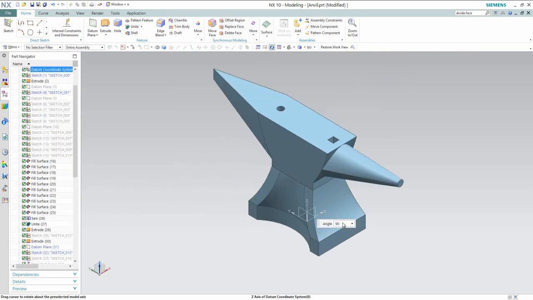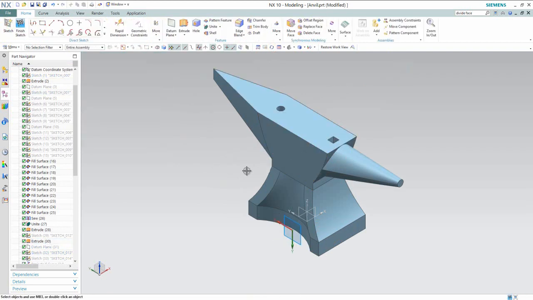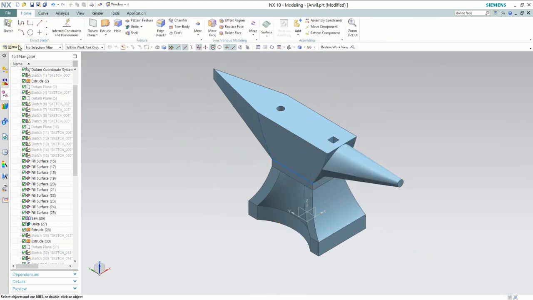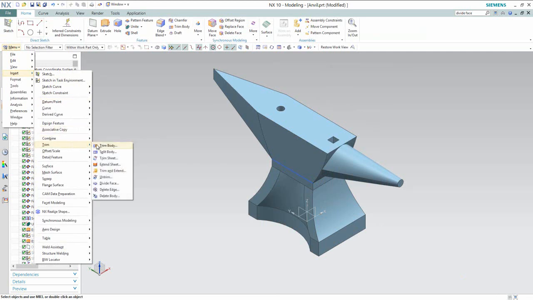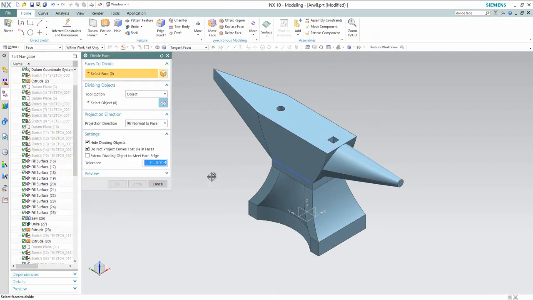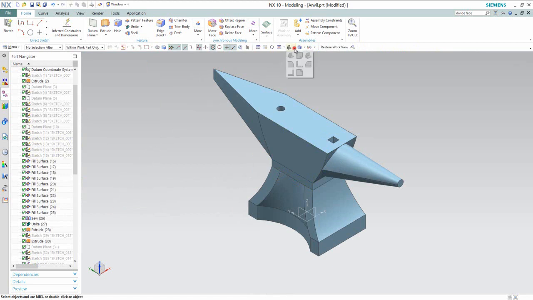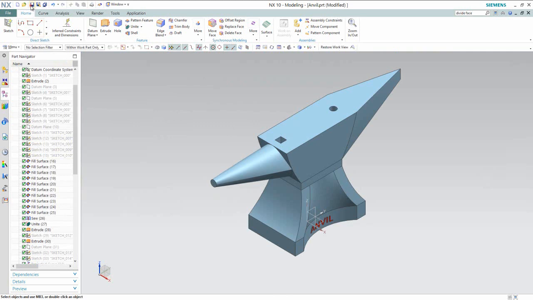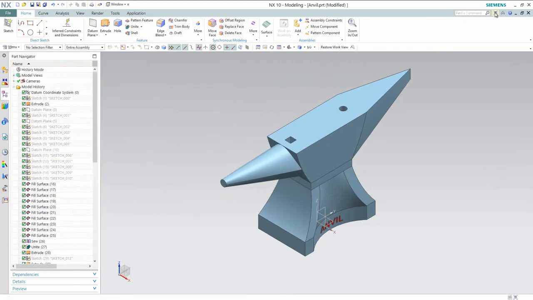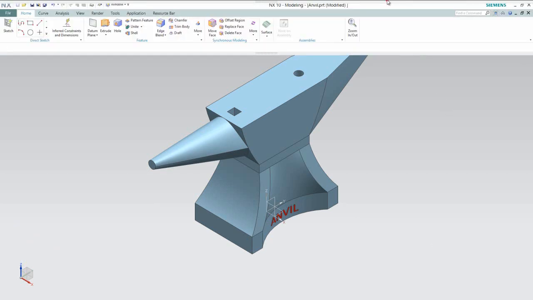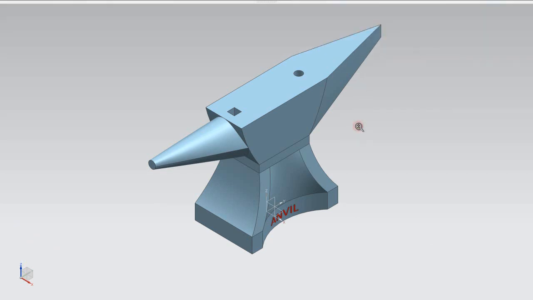Now retrieve the model. In the same manner, create another line like we had done earlier. OK, delete face command and delete this line. OK, now my anvil model is completed. Now see,